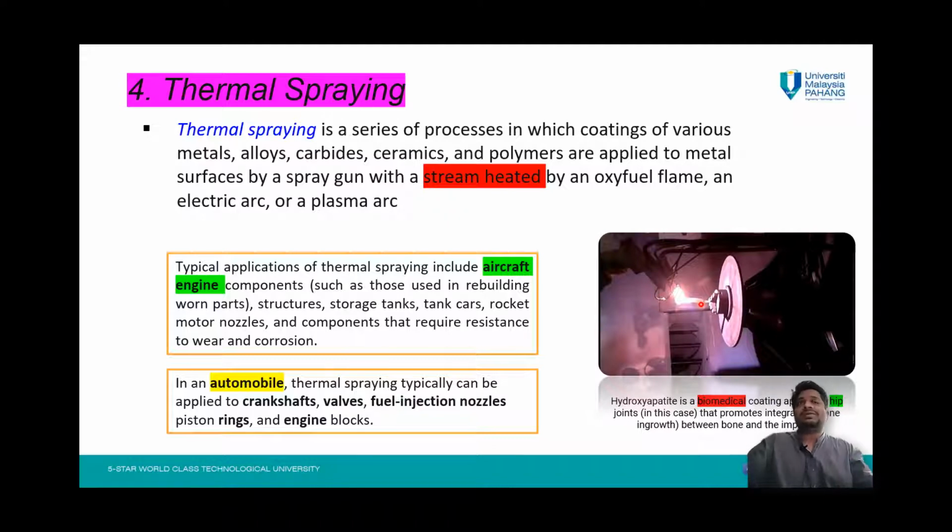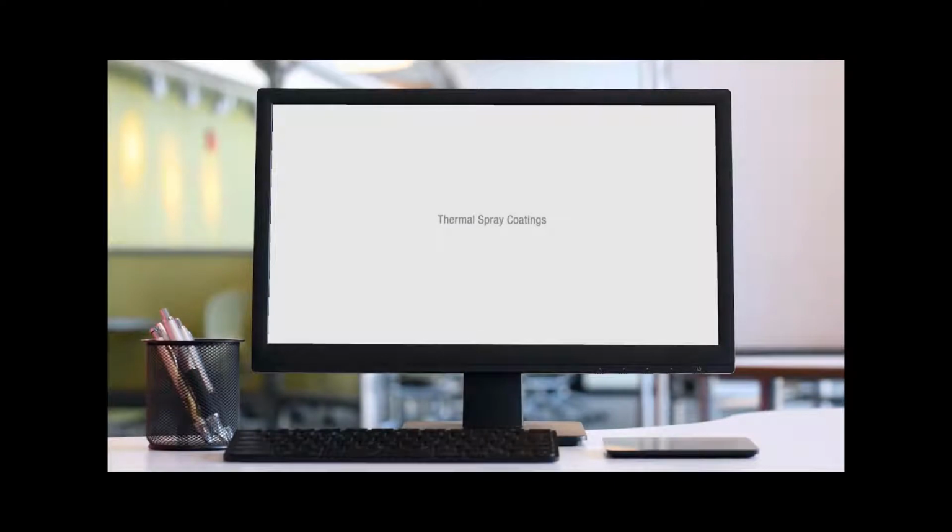So thermal spraying can be done by two types. One is the combustion spraying. So basically you have an oxy-fuel nozzle, and then you combust the powders in the oxy-fuel nozzle, and then you blast them away. Whereas you can have electrical based ones in which you can create plasma or you can create an electric arc, and then with the help of the heat generated by the electrical arc you can impinge the molten material. Thermal spray technology.